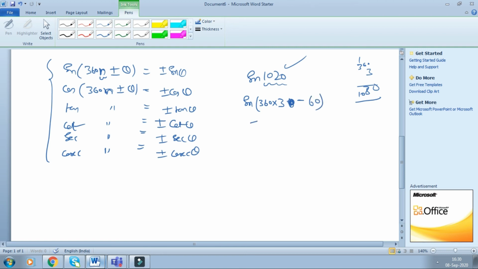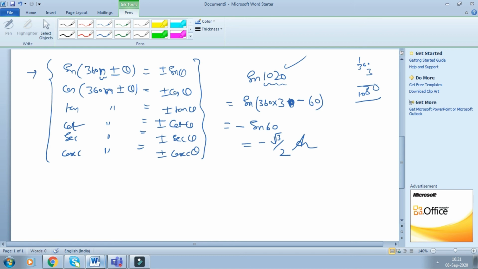So this will become sine of minus 60, because the sign is negative, so you have to take negative. If it is positive, then you have to take positive. In this case it is negative, that's why your result is negative. No need of seeing any quadrant system. No quadrant system is applicable here for higher thetas. You just have to arrange the value of n to get close to this value. So sine 60 is how much? Sorry, sine 60 is root 3 by 2, so this is your answer. This is how for very big thetas you have to use these formulas.